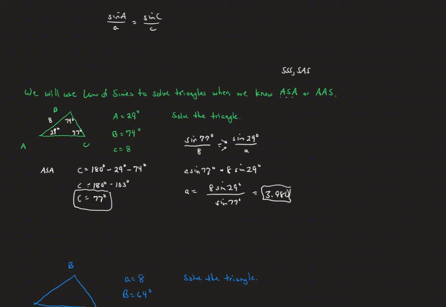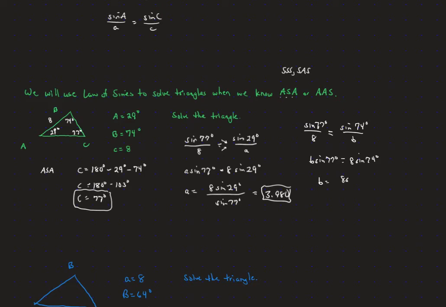So now we have the A and the angle C, and we still have to find side B. So now I would use the ones that we were given. I just think they're going to be more accurate. So I would again go sine of 77 degrees over side length 8 is going to equal the sine of angle B, which is 74 degrees, over side length B. Again, we cross multiply. So B sine of 77 is equal to 8 sine of 74,